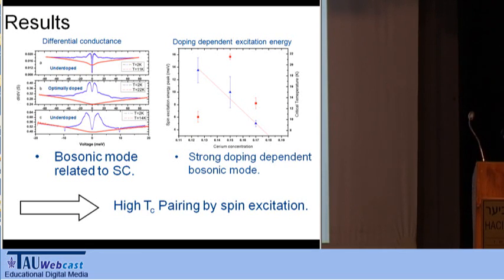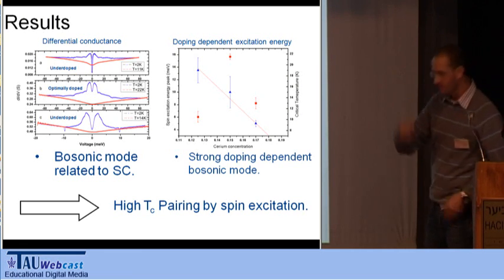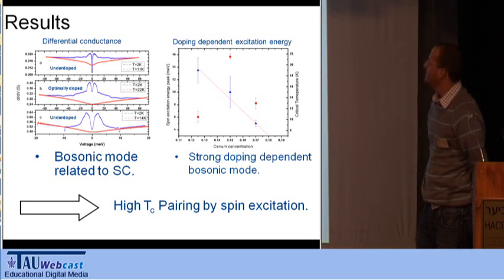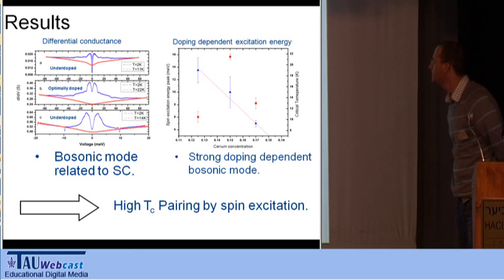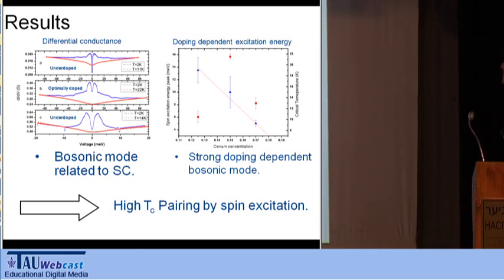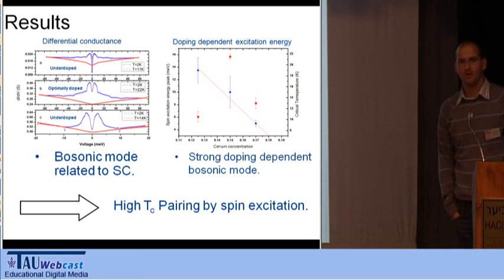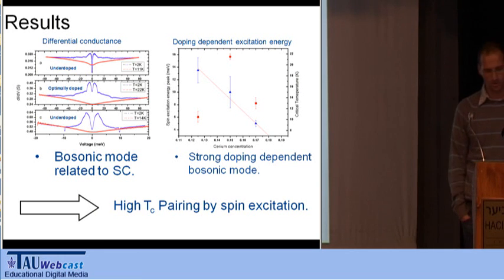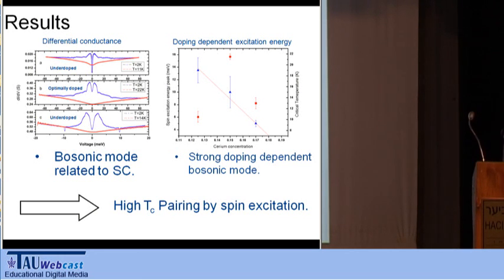So we did point contact spectroscopy, in which a small nano-sized tip slowly approaches a sample, a thin film, and these are our results. Since these conductances show roughly the same features that were observed by Rowell and McMillan, and since these results are doping dependent, we believe that our results show that the high-temperature superconducting pairing is done by spin excitation. And we believe that we solved this problem. Thank you.